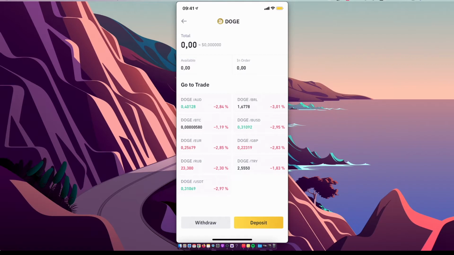So as you can see here, you can sell to Australian dollar, Brazilian money, Great British Pound, Euro, or USDT, and select the one you want to. So for example, let's go to Australian dollar